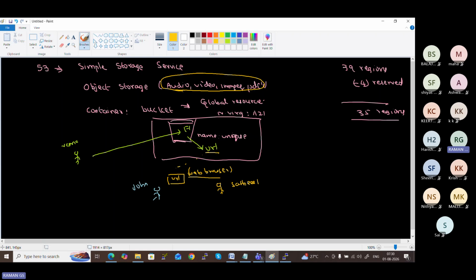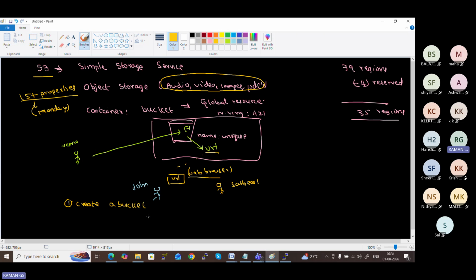With respect to cloud, one of the most widely used storage services is S3. In S3, there are around 15 plus properties that you are expected to know about. We will discuss these properties on Monday. Today, what I am going to do is demonstrate how to create a bucket.